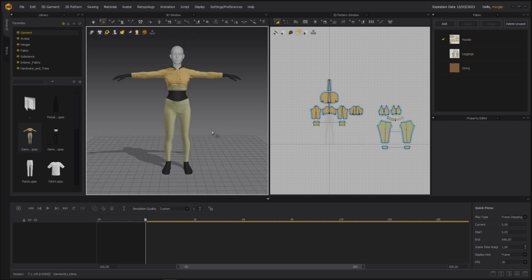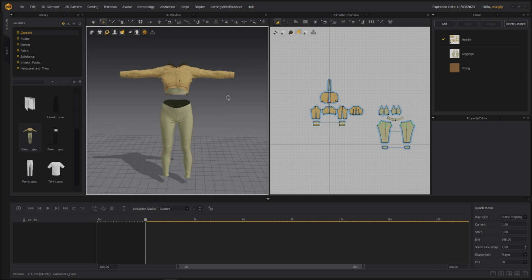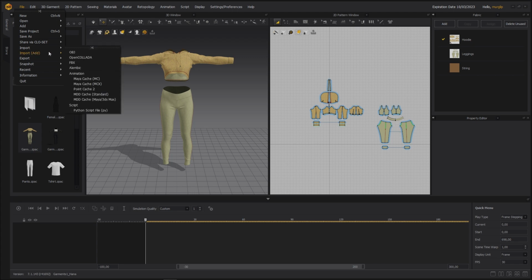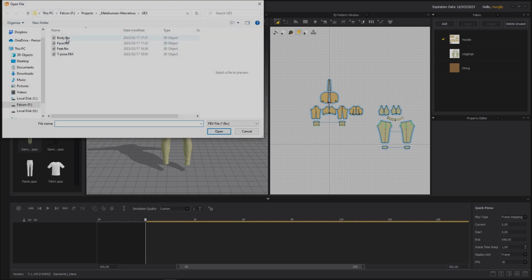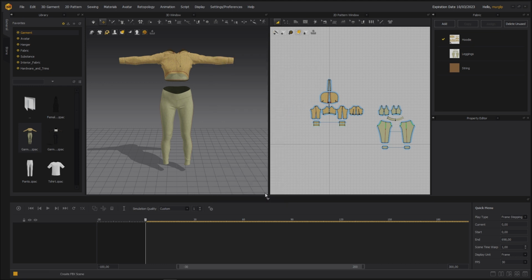Alright, now that the clothing has been applied to my character, all I do is delete my T-pose FBX that does not have any animation on, and now import FBX body open. Open avatar, centimeters, all the animation stuff are on, okay.